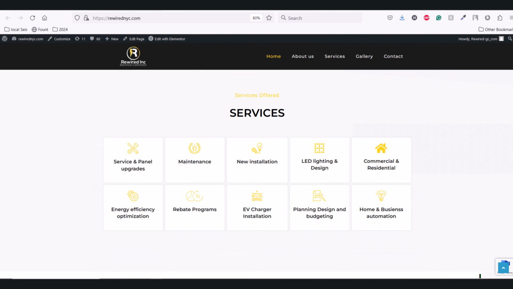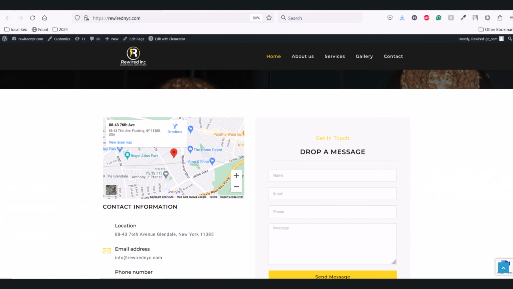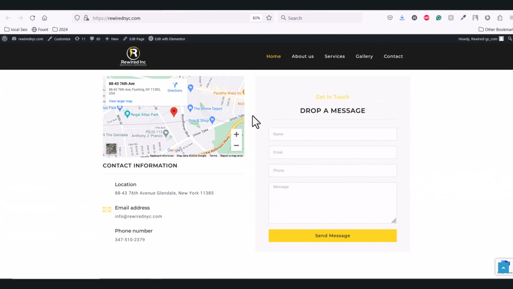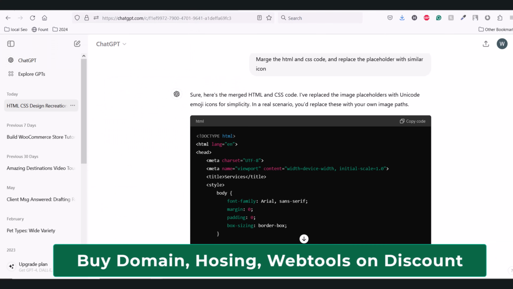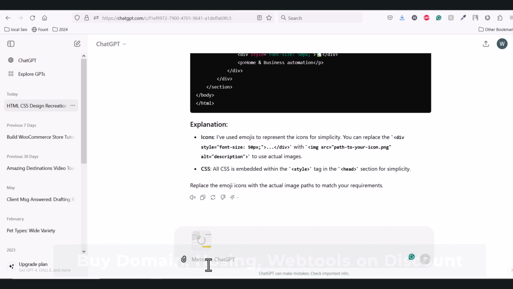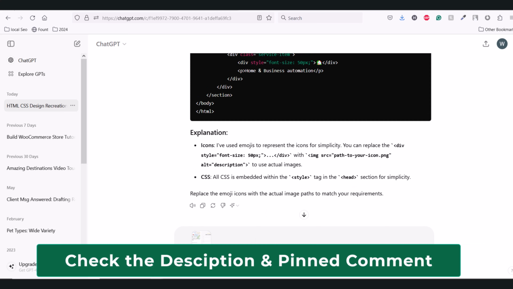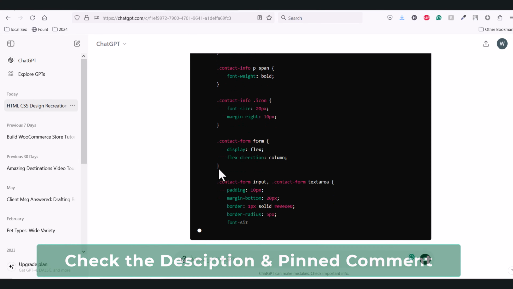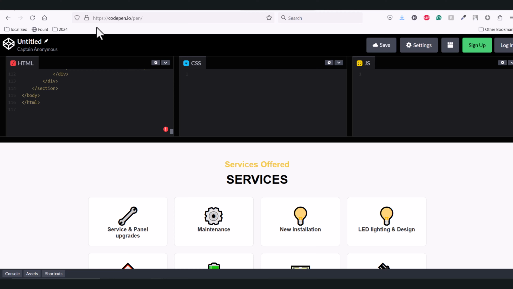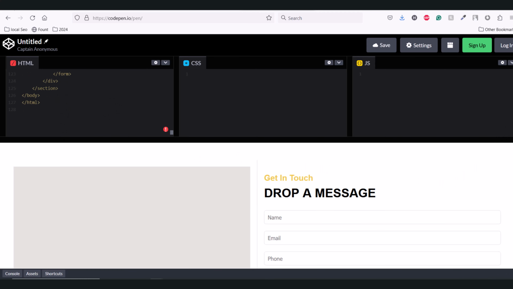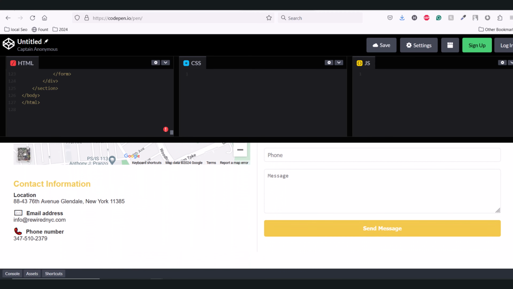So let's try another section. So let's try the footer section, this contact us section. Take a screenshot of this section and put it in ChatGPT and give a command to ChatGPT. ChatGPT is writing the codes for this section. Now copy the code and go to CodePen again, codepen.io/pen, and put the code to check if the code is okay. So I paste the code here on the left,